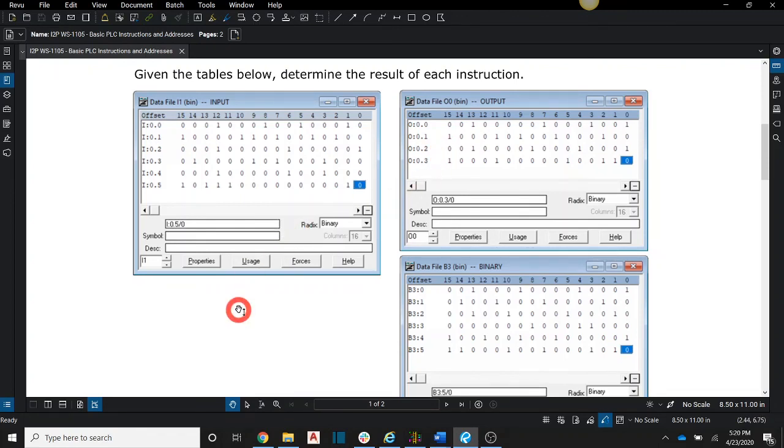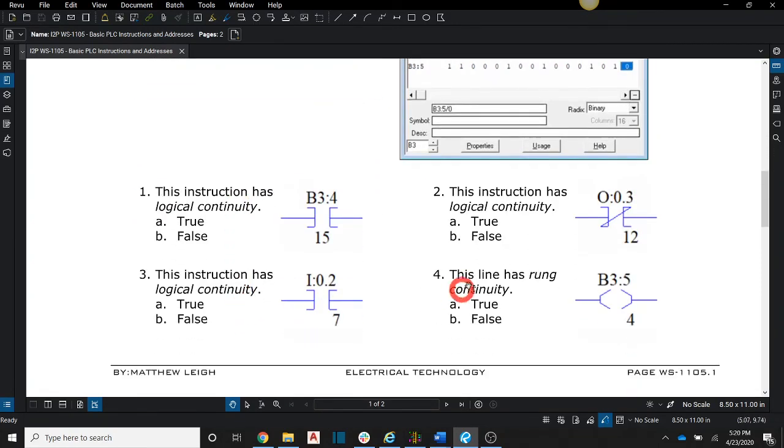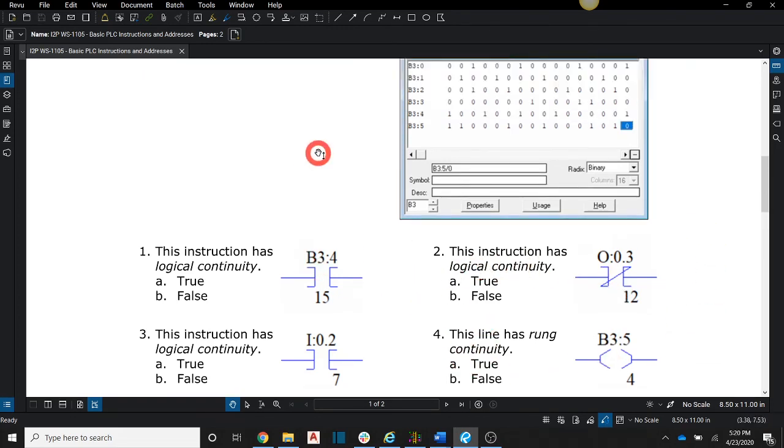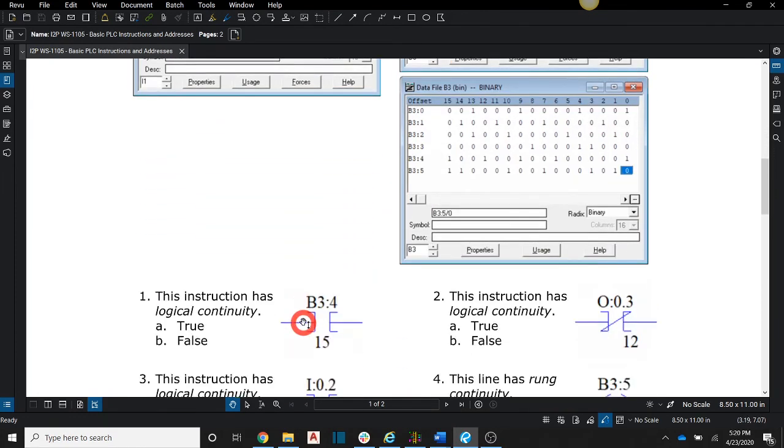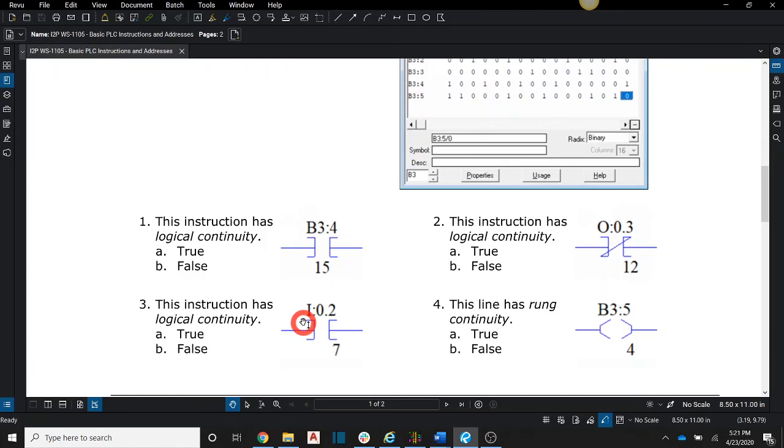And then I have some instructions down here that we want to see what the result would be if those addresses were compared against these tables up here. And of course, I don't have the green highlighting here on the page. That would be a dead giveaway. So this would just be looking at an instruction compared against the address to determine if it has logical continuity